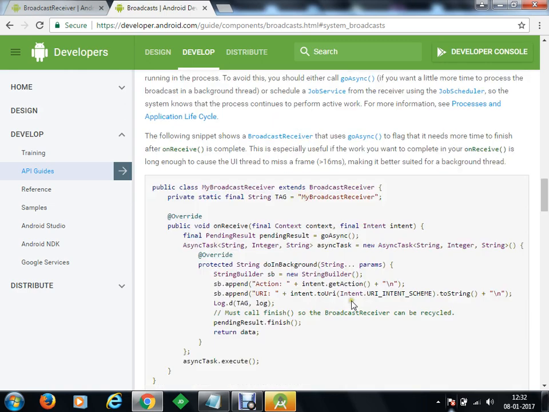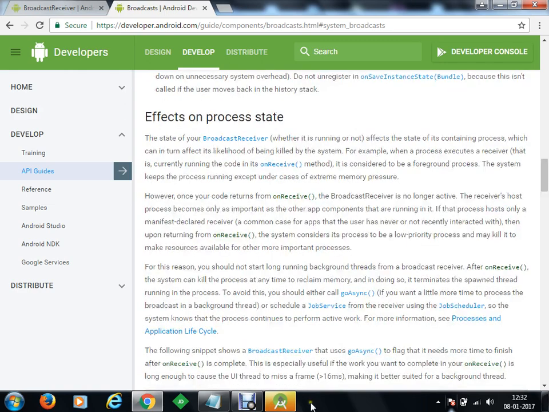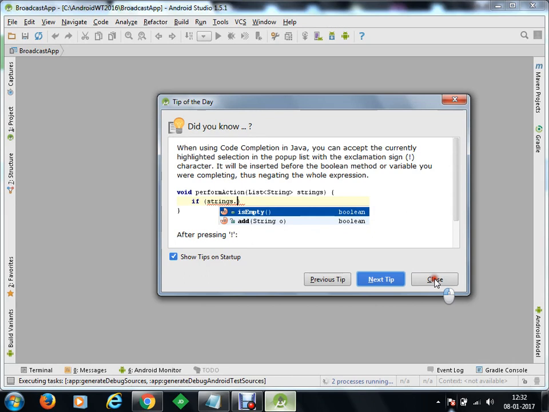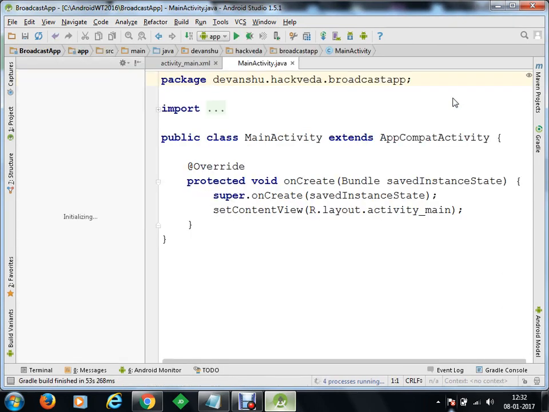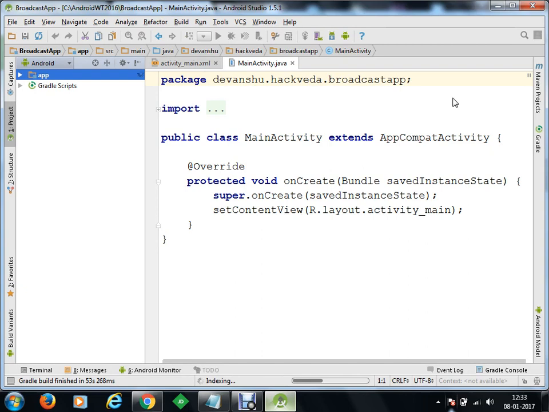Now, let's just get started with writing the code for this. So I hope now you have a little idea about how broadcast receivers work. In an application, you have to register your broadcast receiver and you have to specify the action, what type of action you will be listening for in that broadcast receiver. You can have as many broadcast receivers as you want. In case you want only one broadcast receiver and it should satisfy multiple actions, then you will receive the intent, and from the intent you can get the action, match it with the specific action, and then execute the desired code.